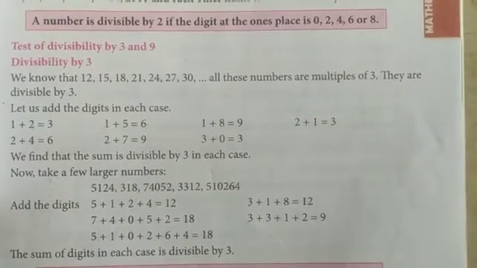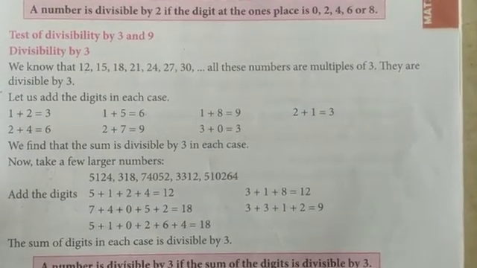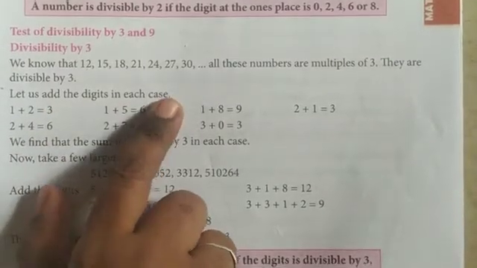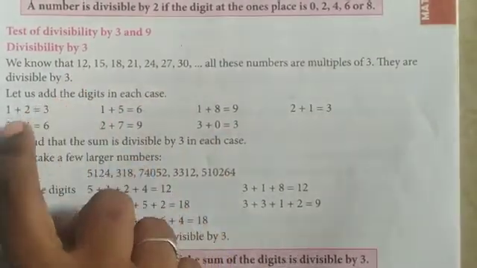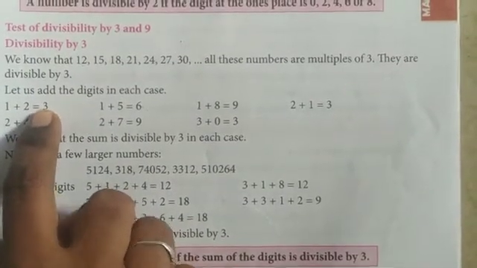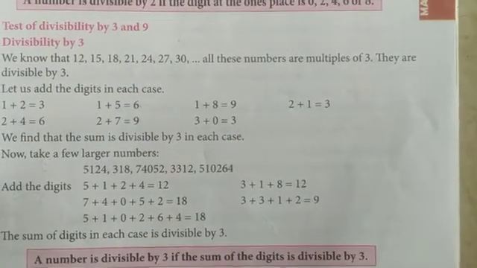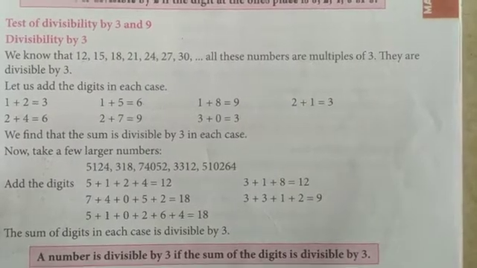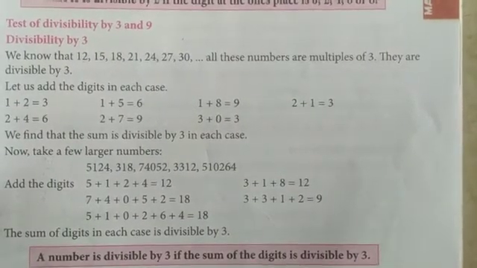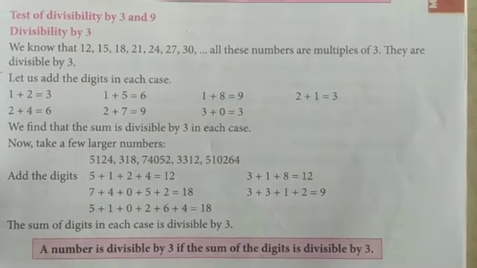To find whether the given number is divisible by 3 or not, we have to add the digits in each case. See, they have given 12. If you add 1 plus 2, you will get 3. When you add the digits of the given number and the sum is divisible by 3, then only the number will be divisible by 3. If the sum is not divisible by 3, then we will write the number is not divisible by 3. So for example, we will take